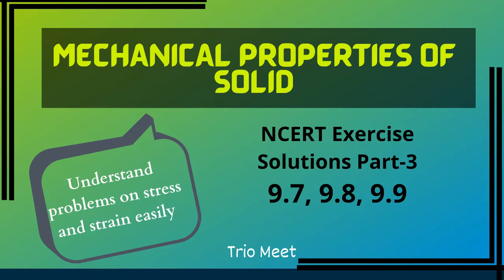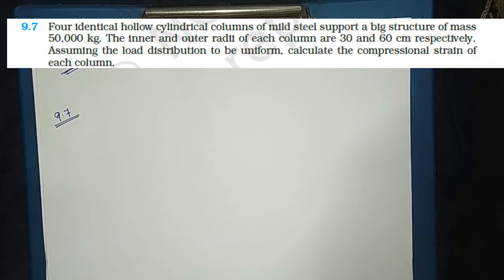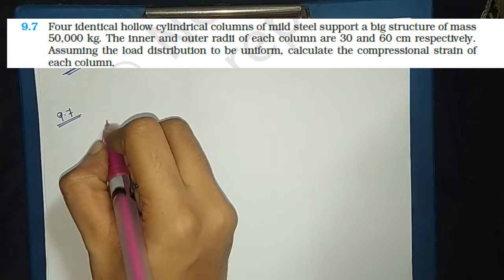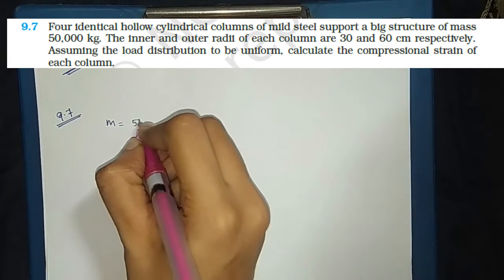In this video, we will be solving exercise problems 9.7, 9.8, 9.9 of the chapter Mechanical Properties of Solid. So let's start solving the first problem, that is 9.7. The problem says 4 identical hollow cylinder columns of mild steel support a big structure of mass. So 4 cylinders are supporting a mass of